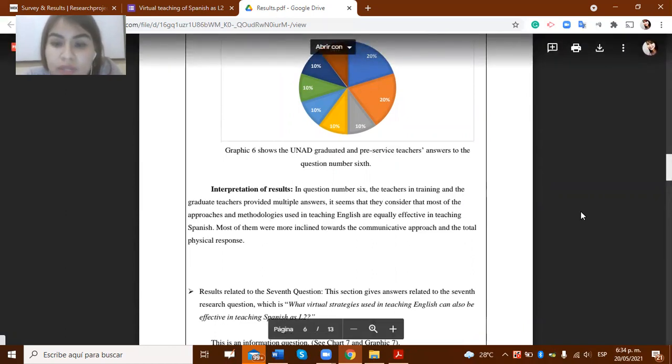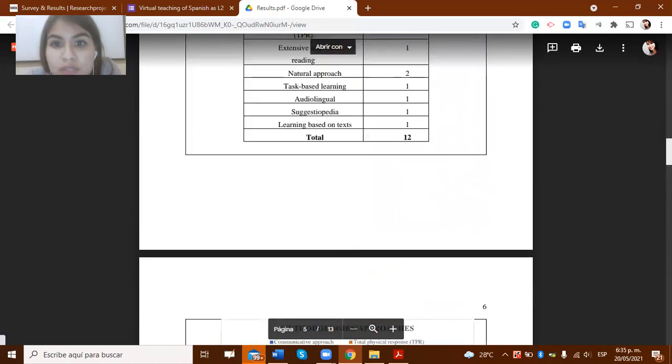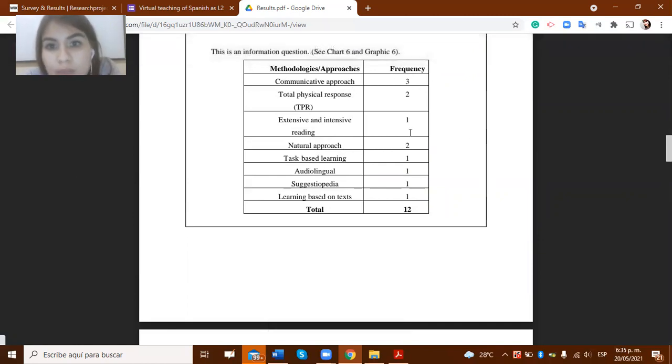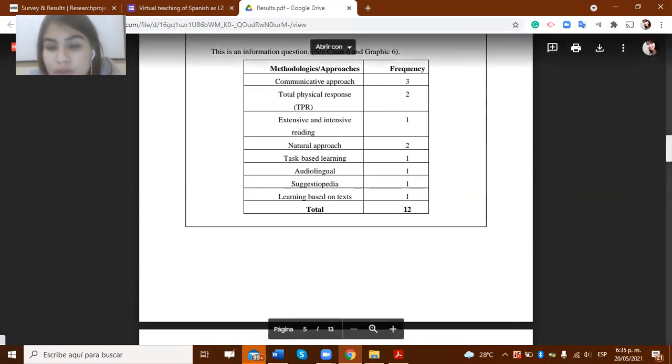It seems that they consider that most of the approaches and methodologies used in teaching English are equally effective in teaching Spanish. None of them were more inclined towards the communicative approach or total physical response, as you can see here, for example. 3 people answered that the communicative approach is more effective, equal to the natural approach and total physical response, for example.